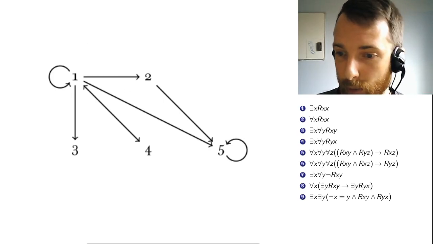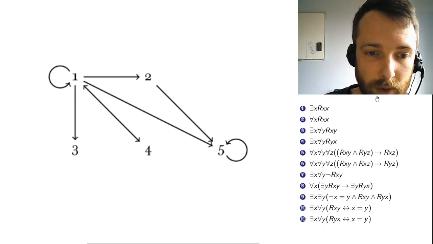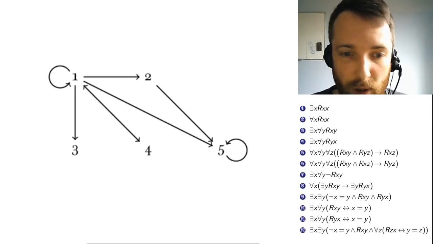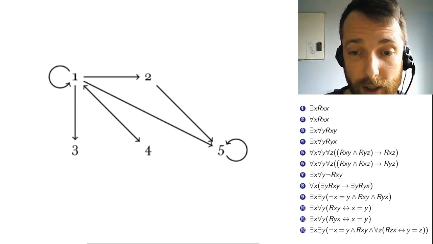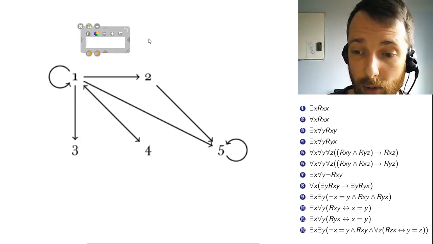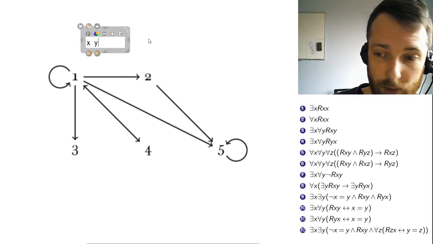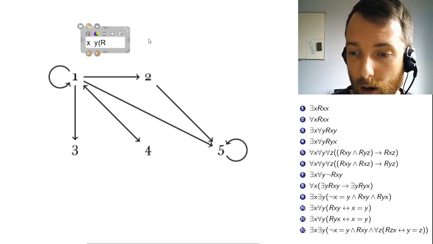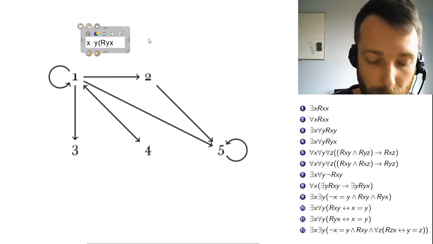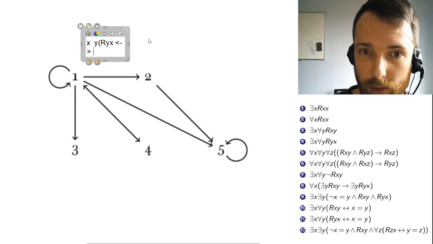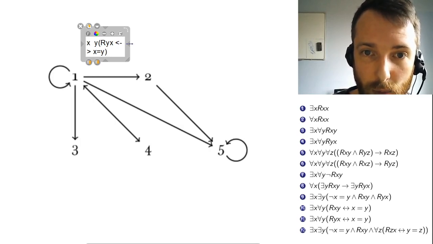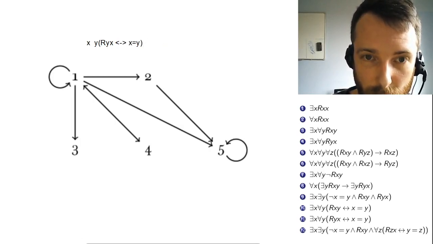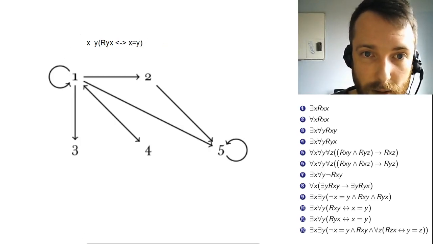Let's do number 11. This is our last one. I'll just display number 12 as well so you can see what we're working on. Okay, number 11, we have mixed quantifiers again. Those are the tricky ones. So existential x, universal y, R y x, biconditional, x equals y. Okay, what does this say? Let me draw the quantifiers in. Existential x,